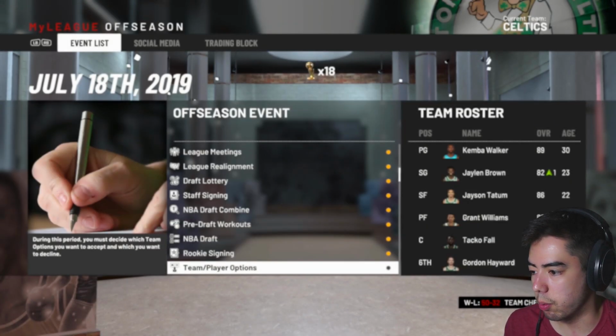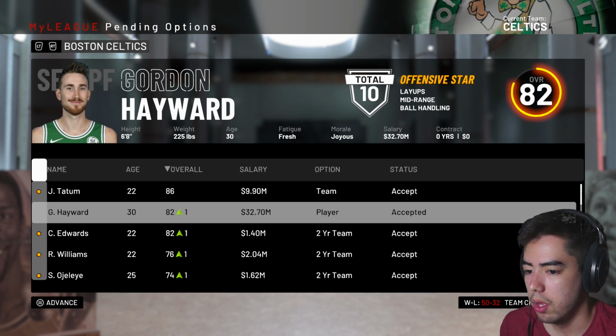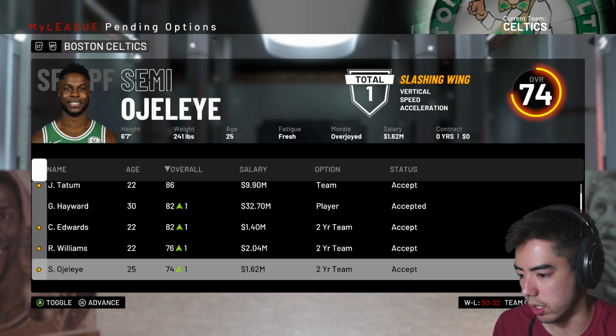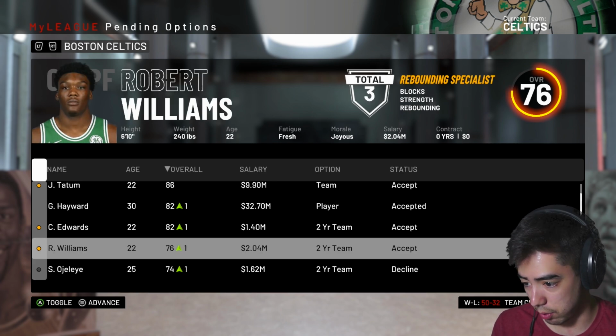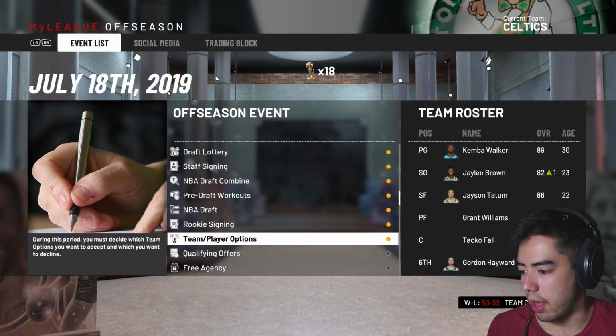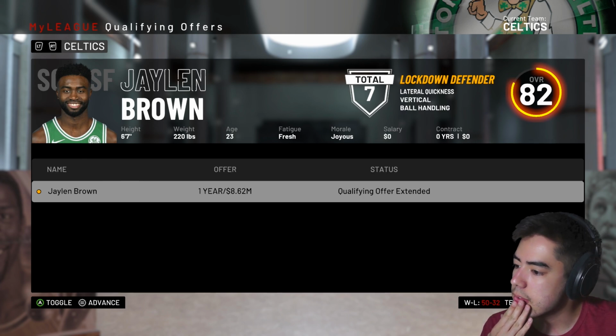Let's see. Rookie signings. Okay, so we're going to go ahead and sign those two. Team player options. Gordon Hayward accepted his. We're going to go ahead and accept Carson Edwards. Robert Williams, we're going to let him go. And we should be good with that. And then, let's see, qualifying offers. We're going to send Jaylen Brown a, well, we don't need to, because we have